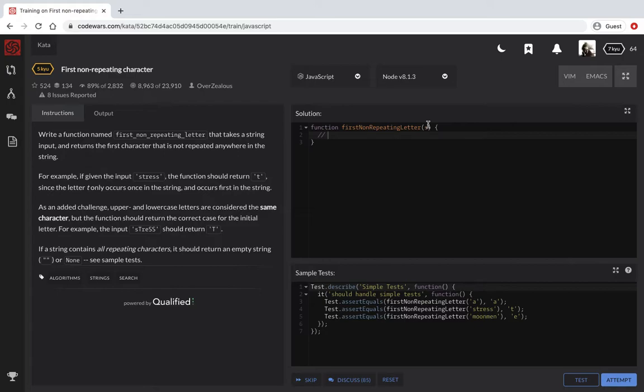I think I want to make sure to transform the string into an array so that I can loop over every letter. Okay, transform string into array. Loop over every letter. Okay, loop over every letter in word. What am I looking for? So as I'm looping over all of the letters, I want to compare